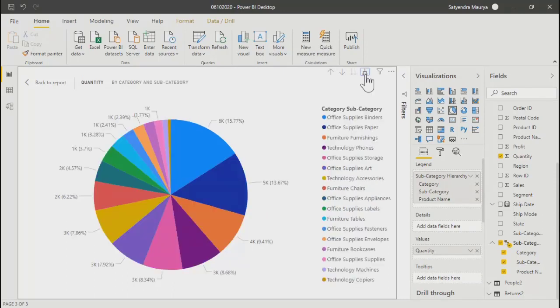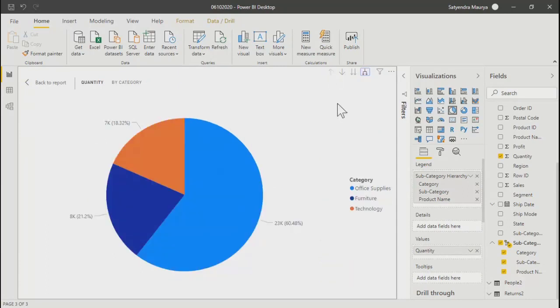In the third segment, if you select, you'll get subcategory and category, like office supplies, appliances. So it's a combination of your subcategory and category, and accordingly you are getting these values.